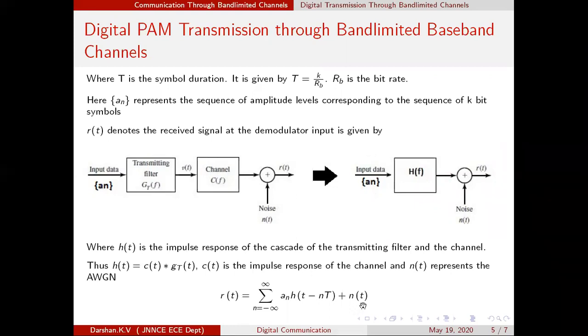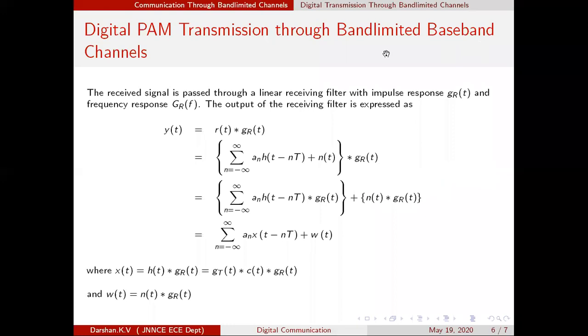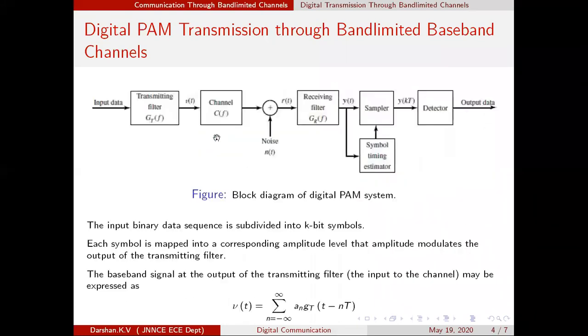Okay. Now where are we? We are at the doorstep of the receiver. We are at the door of the receiver. So we will get into the receiver block diagram. That's what has been written. So now again we will come back to the original block diagram. So we are here, r of t.